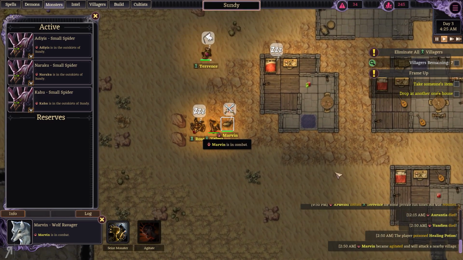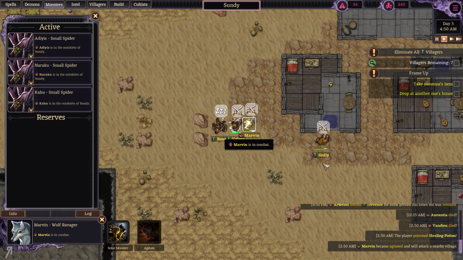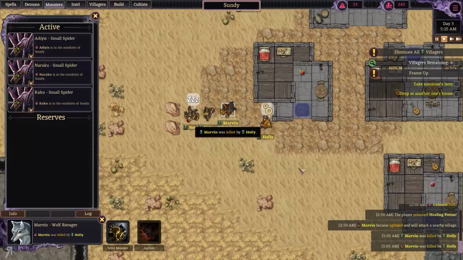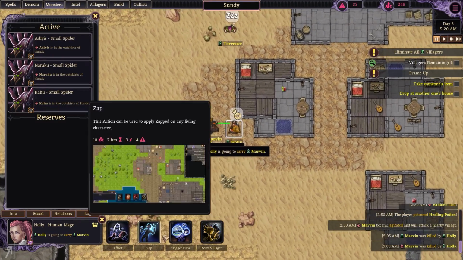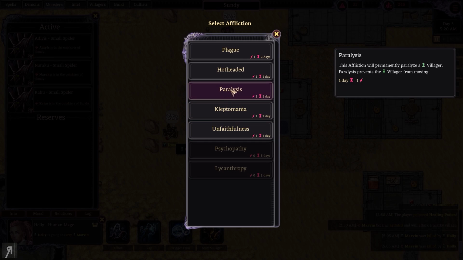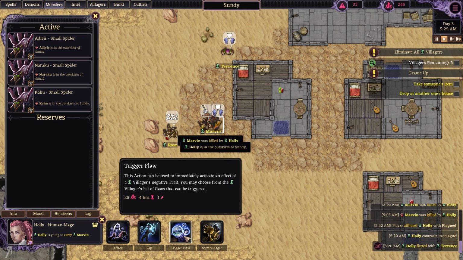He's doing damage. Oh, yeah. Oh, he's doing a lot of damage. Go on, Marvin. You can do it. Oh, my. Yes. Mayhem. Utter mayhem. And now, look at this. They killed him. Holly killed him, and now we can maybe afflict her with something like plague, because they're all very close to each other. So why not? Let's trigger...